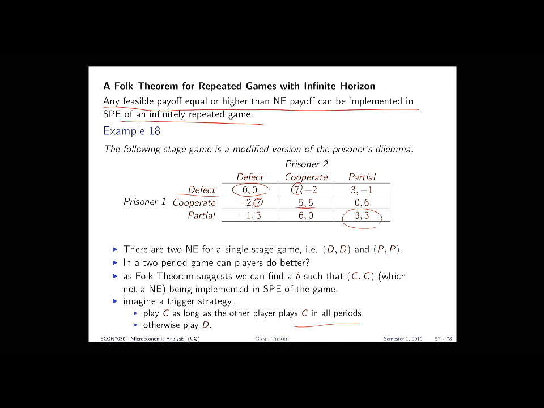The reason that the 5-5 didn't become a Nash equilibrium is because when, for instance, player 1 plays cooperate, player 2 has a better payoff by playing defect. So therefore, one part of the trigger strategy is to play the strategy that represents the larger payoff for the rest of the game. The other part of the trigger strategy is to play the worst payoff or the Nash equilibrium